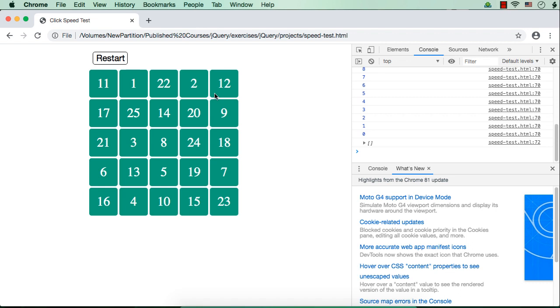So at a time only 25 numbers can be displayed. So once the person starts clicking these boxes, if he is clicking in the correct order, we need to place the numbers from the next array, that is the array containing numbers from 26 to 50. So we need to implement the click on these div elements. So let's do that next.